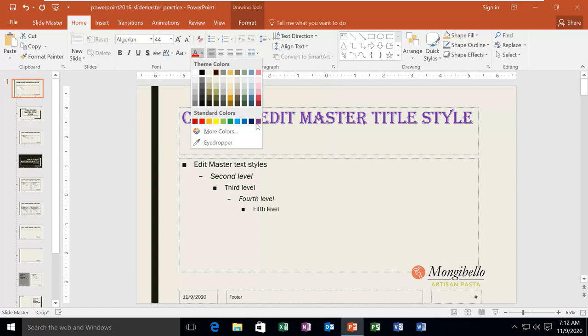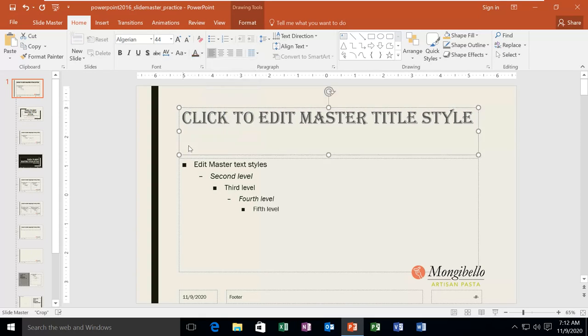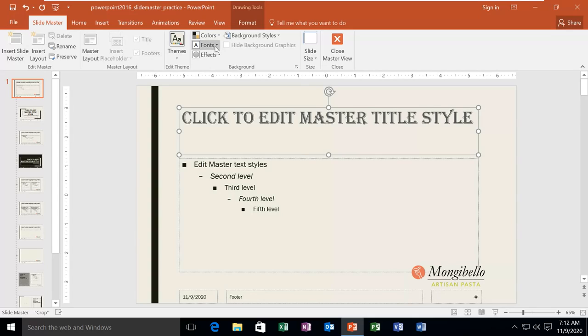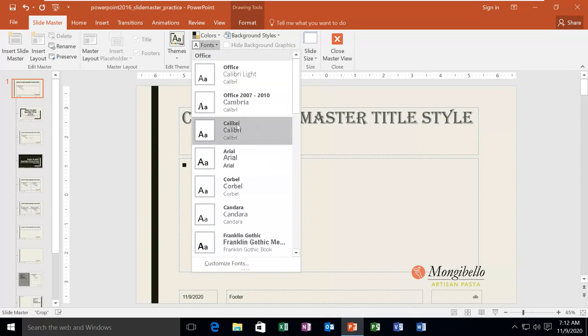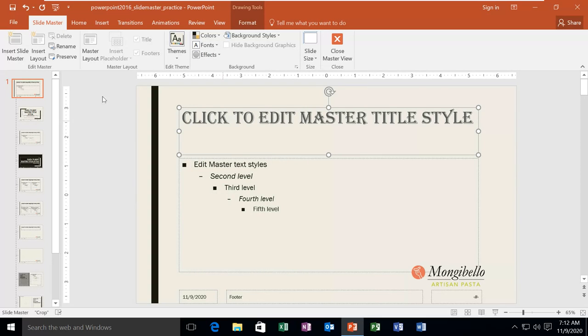I can change color also. Now I did it only on the master slide, and if you like, you can directly change it from here, font layout.